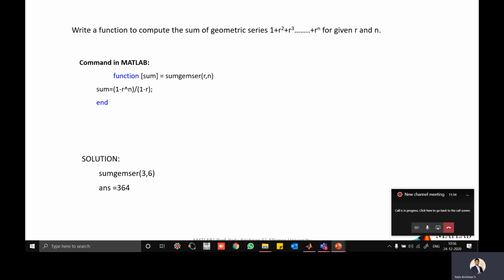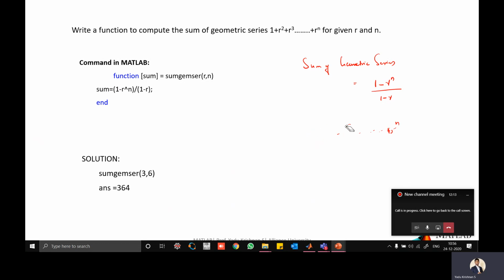So another one we can discuss is the sum of a geometric series. The equation is sum of geometric series equal to 1 minus r raised to n divided by 1 minus r. So r is this particular number, whatever number we are discussing, and n is nothing but the nth term. How many terms are there? So here maybe 5 square plus 5 cube plus 5 raised to 5 and it goes on, plus 5 raised to n. This is one series we can say.